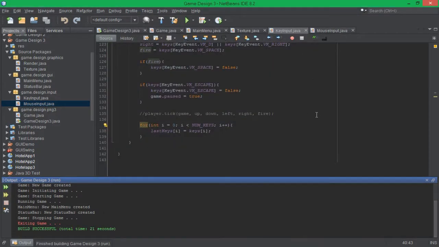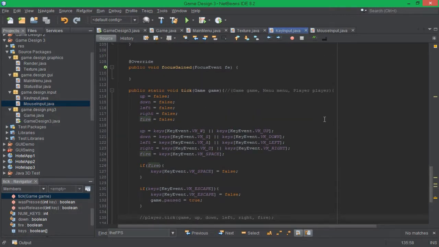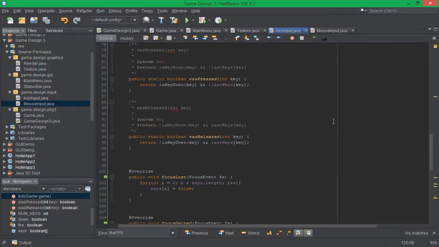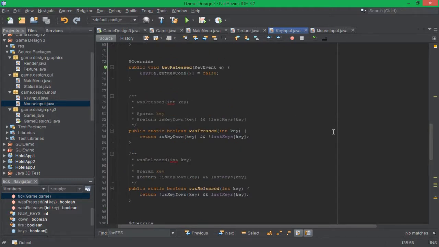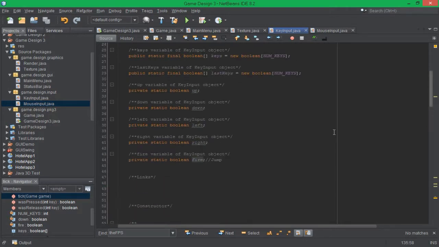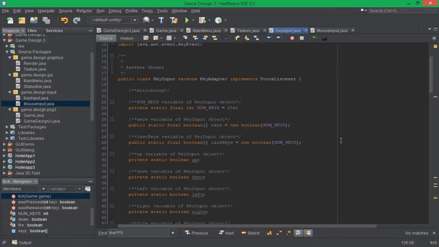Alright, come back next time. We'll get on with the mouse input before moving on to the player, I think. We'll have to add a few more draw methods to render to get any player on the screen, but once we've got a player on the screen, we can move them around. So in theory,